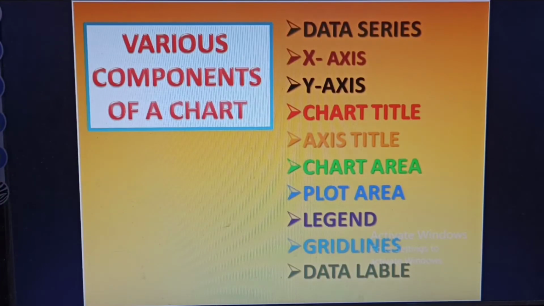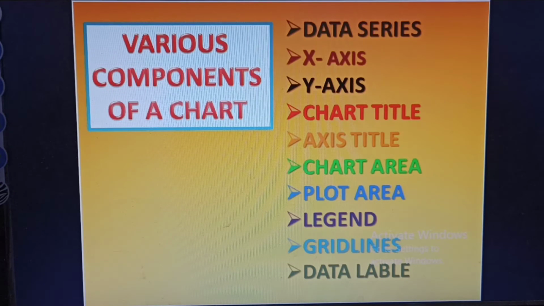Charts make the information easier for the readers to understand and interpret. This is called a chart. So there are various components of a chart.